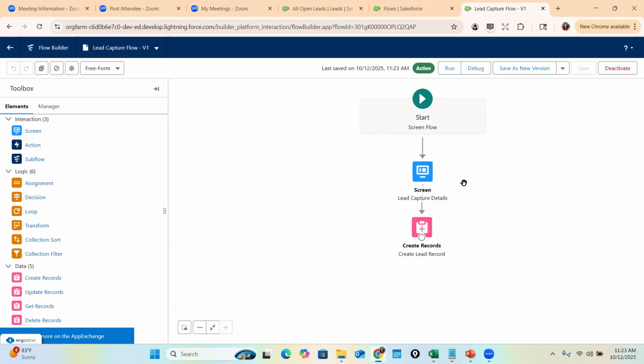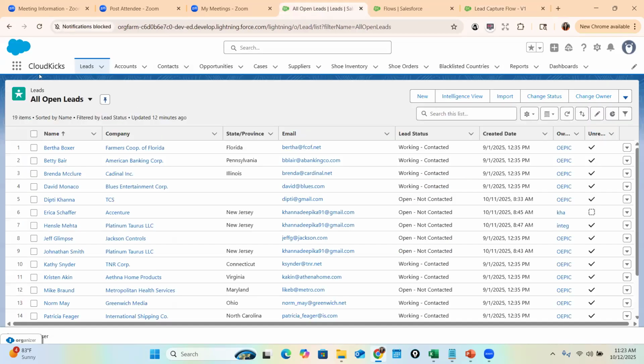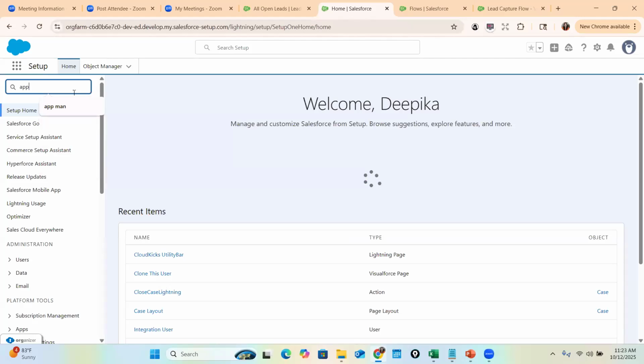And now we need to deploy the screen flow somewhere, right? We can launch it through a button. We can add it over to our home page. We can do anything like that. So let's say we go over to our home page here, and we don't have a home page. So we will go to the app manager and let's add a home page. So we'll go here, app manager,